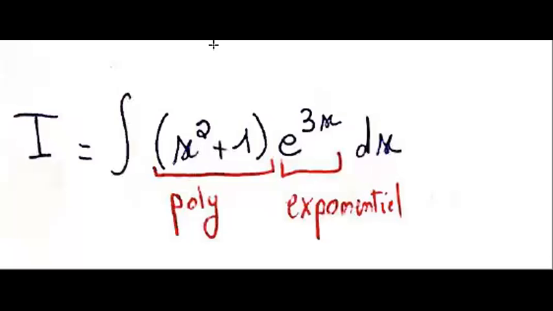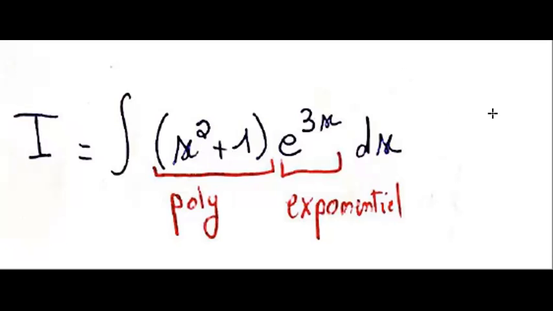Good morning. In this video, I will be solving the integral of x squared plus 1 times the exponential of 3x. So we have a polynomial multiplied by an exponential, which is a product of two functions of different types. As we have seen in previous videos, when we have a product of two functions of different types, we use integration by parts. But in the case where I have a second degree polynomial and an exponential, I have to